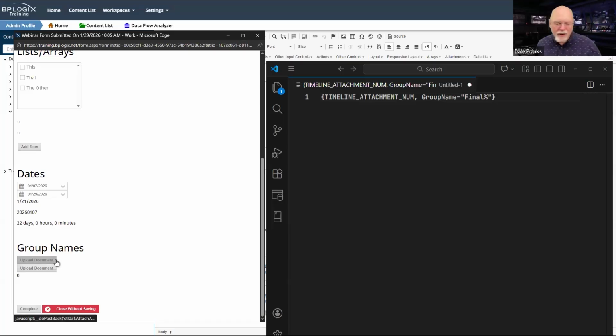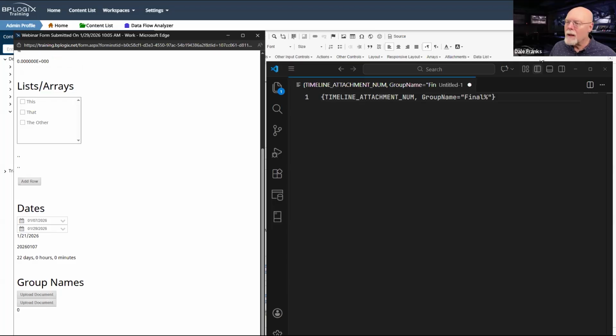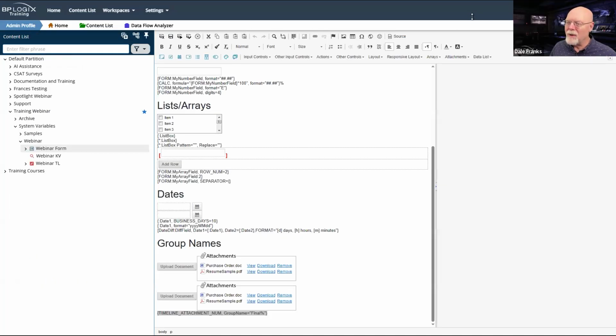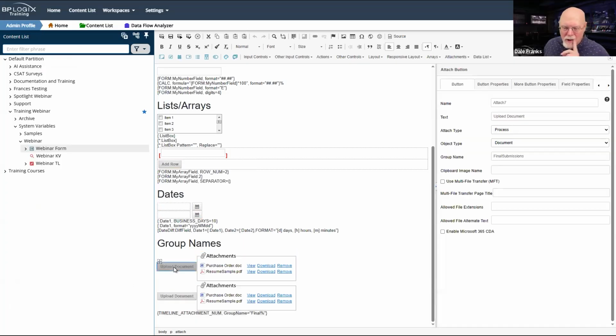So I have two controls here to upload some documents. Now, each of these controls are in different groups. I don't know why I have to be so anal retentive about ensuring things are lined up. So let's look at these two groups.